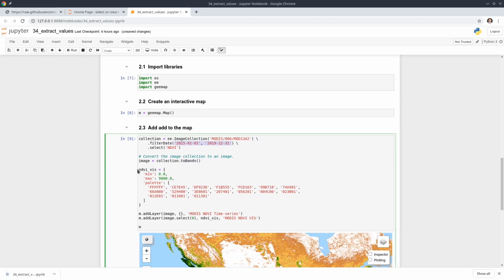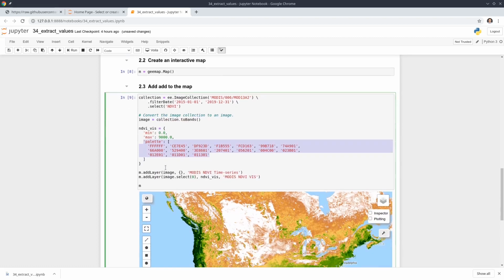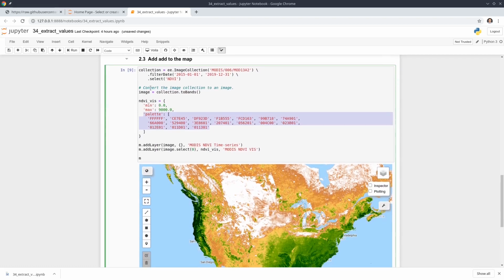Once you have this, you can set the palette, specifically for NDVI, and you can add the image to the map. So the first line here adds the entire image with many spectral bands to the map, but the color might not be